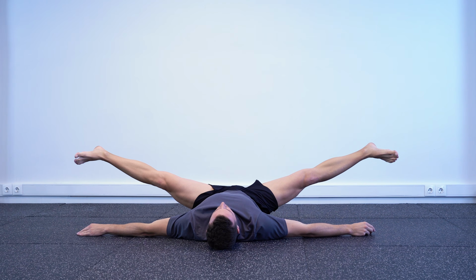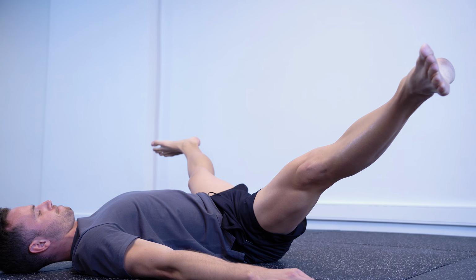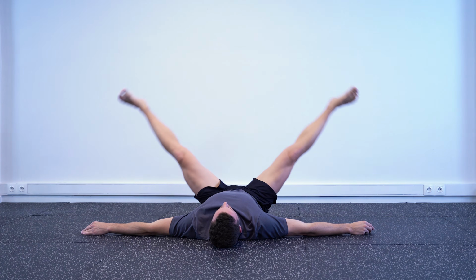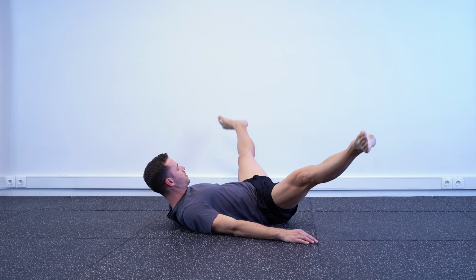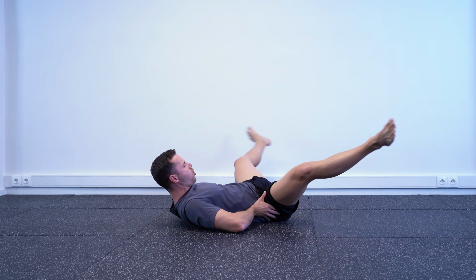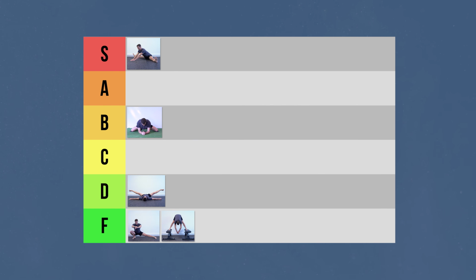The passive static, on which you just hold, the antagonist active range, where you pull your legs down with the strength of the glutes, and the active dynamic, moving through range. 3 methods are not bad, but still a lot less than the 10 plus you can use in other positions. It will also cause some global fatigue in the glutes and hip flexors that support the position. This is good for overall strength, but doesn't help in the flexibility development of the muscles that are being stressed. For this reason, specifically for flexibility gains, it goes to the D tier.